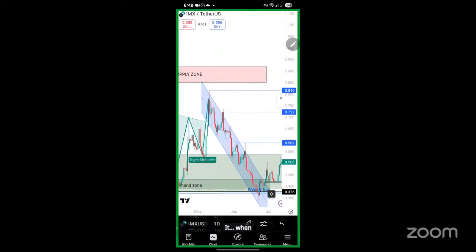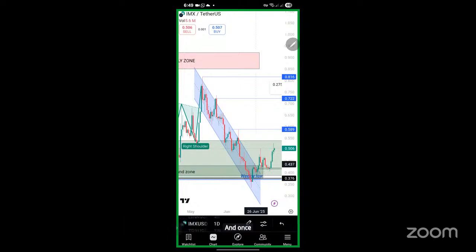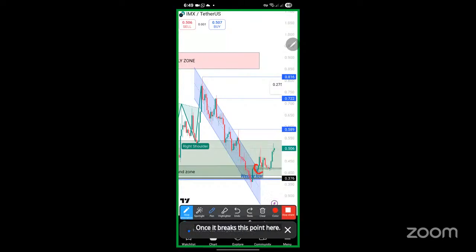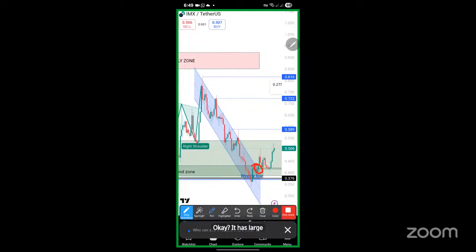The market comes and starts rotating within the channel, within the parallel channel. And once it breaks this point here, that indicates that the market has now changed direction. Most people wait and make entry here, but others wait for the retest. They wait for the market to push here, then it retests this area, then it makes a